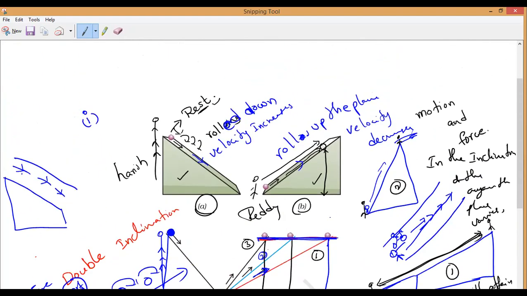Please respond. This is the experiment of Galileo, who demonstrated the relationship between motion and force. Everybody understood? Yes, sir. That is what Galileo's experiment demonstrates: the relationship between force and motion. Now I will show you one video also, so you can better understand. Let us see that video and whether the height attained is the same or not.